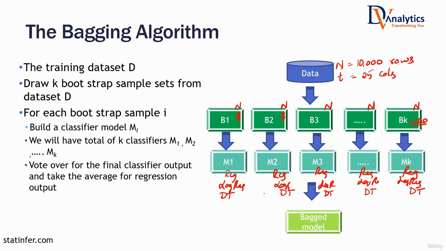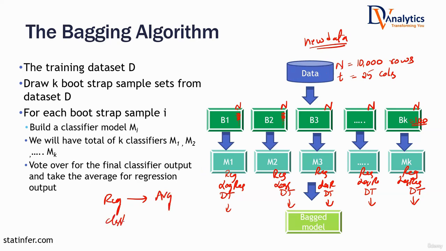Once these models are built, that means this ensemble model building is done, at the time of prediction, once the new data point comes, every model will give its own prediction. 100 models are there, 100 predictions you will get. Then collation happens. How do you collate? If it is a regression type of problem, to give one predicted value, how do you collate all these 100 predictions? By taking the mean, the average of all these 100 predictions.